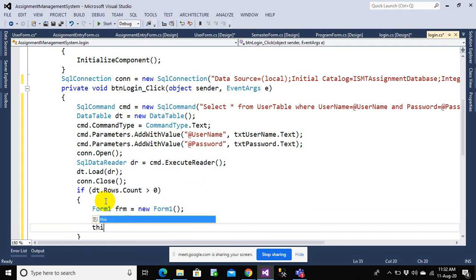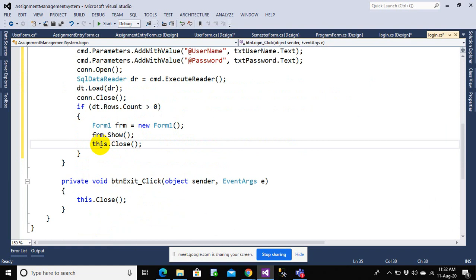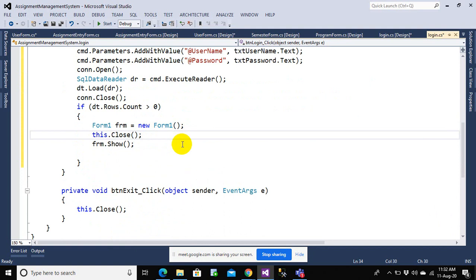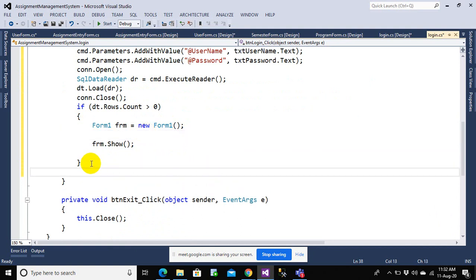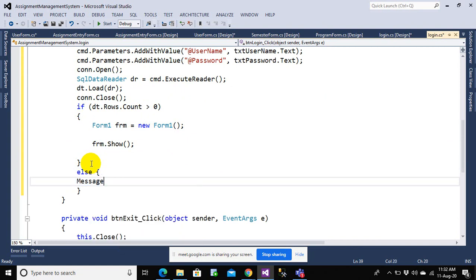And finally this should be closed. Otherwise you can just display the error message: Invalid username or password.